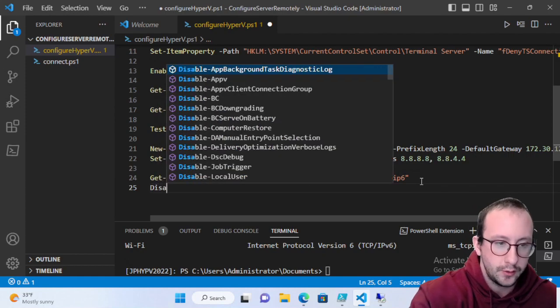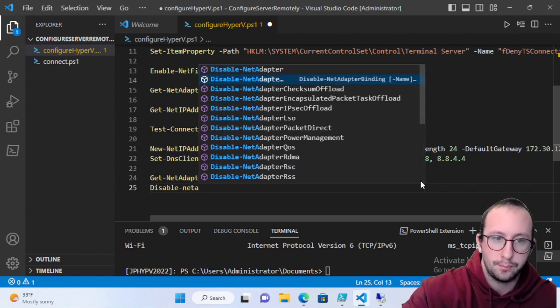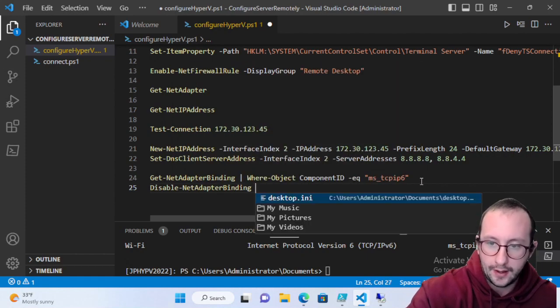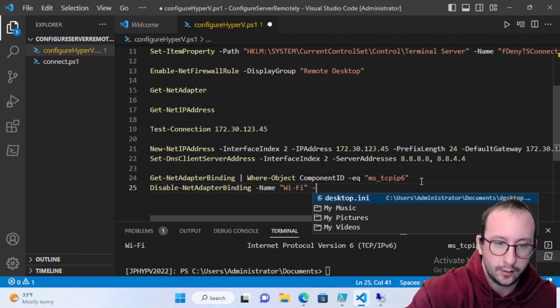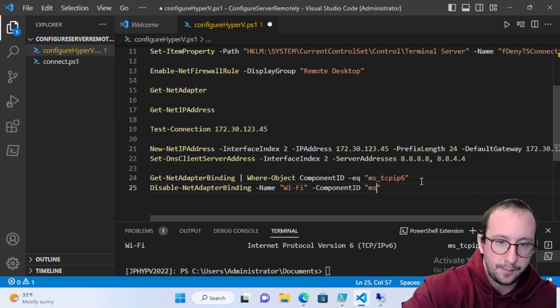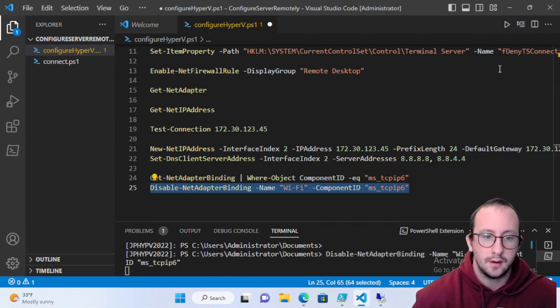All we want to do is a Disable-NetAdapterBinding, and the name is going to be our Wi-Fi adapter. So we're going to put Wi-Fi here, and the ComponentID that we want to disable is ms_tcpip6. And if we run this here,